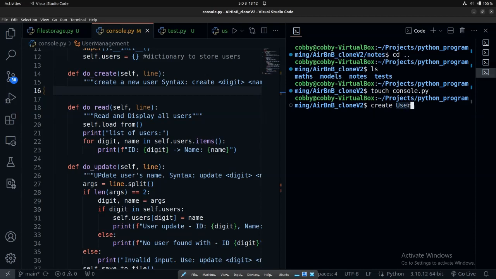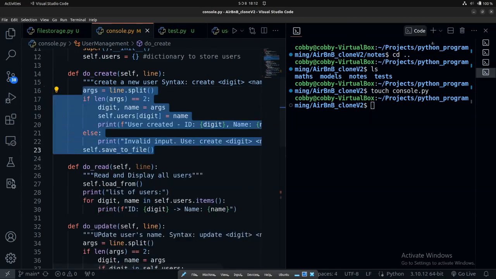That does its own magic. We want to be able to take this user and integrate it however we want. So if you run the console right now, and then let me get the create back,